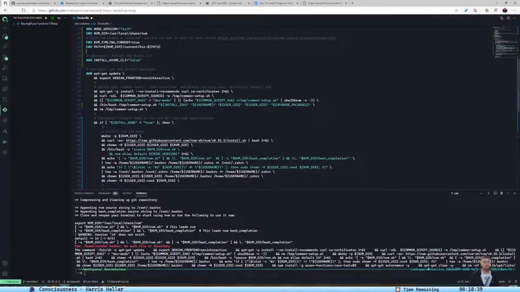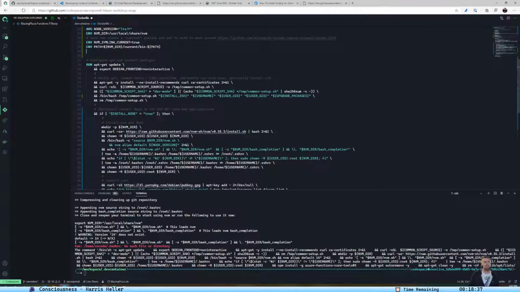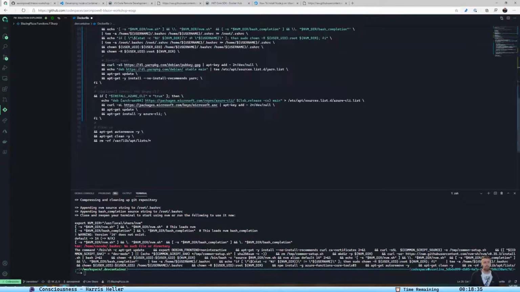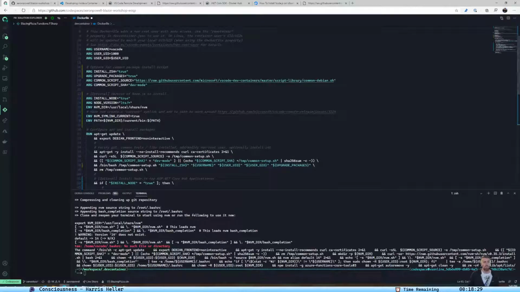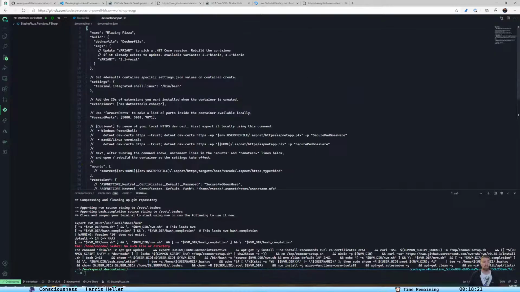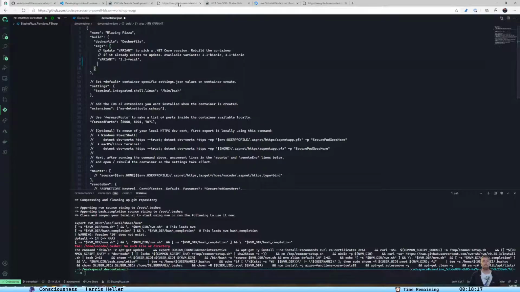tedious, and it's like, let's just chuck in everything that we know works, and then we'll pare it back. But I'll get rid of the Azure CLI because I know I don't need that. Install node true, and then that just means that in the dev container JSON file, I need to pass in another arg, which is install node